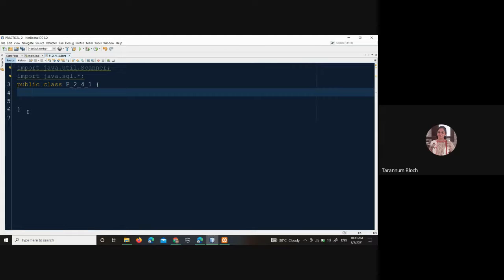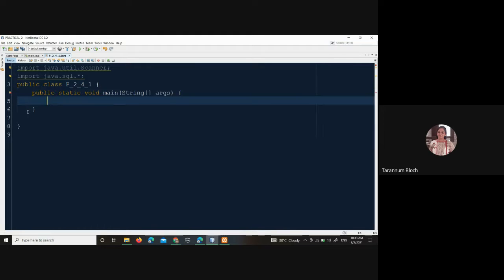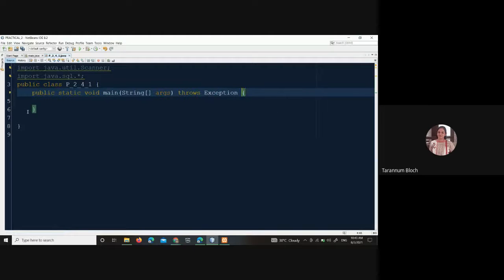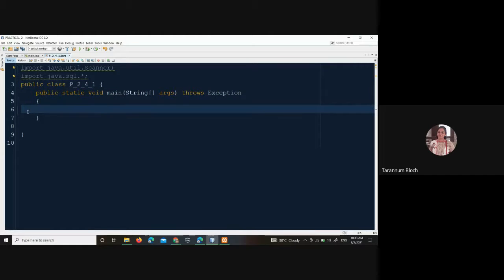Now we'll go to the main program and we'll write public static void main(String args[]) throws Exception. Exception, E would be capital. Okay. Now we need to write 5 steps of JDBC connectivity.